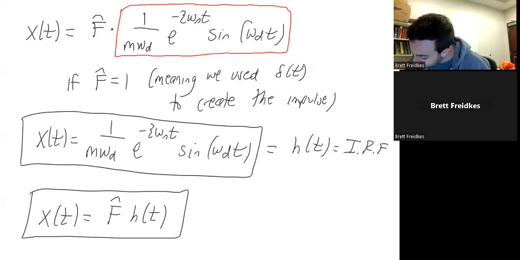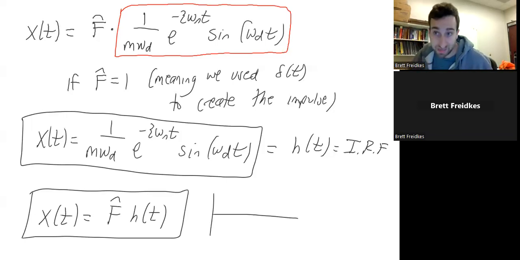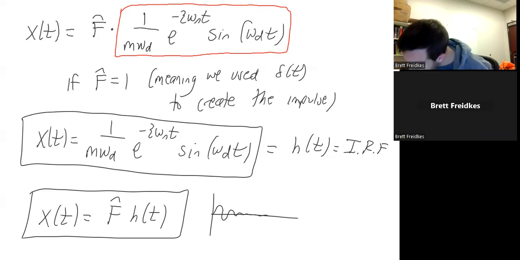So a way to think about that conceptually is that if I just apply an impulse of 1, which is just our normal impulse response function, I get this type of thing. If I apply an impulse of 10, that's going to be the same exact response, except now I'm going to have a much greater amplitude. I might have something like this,